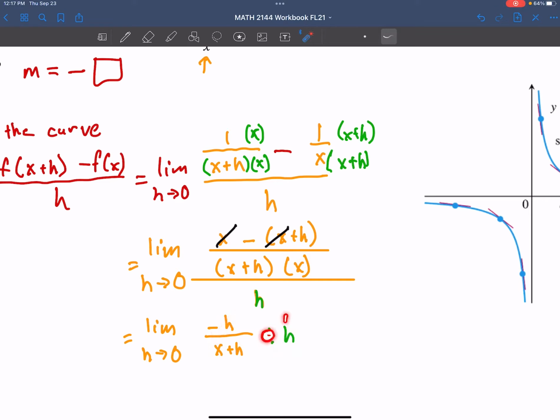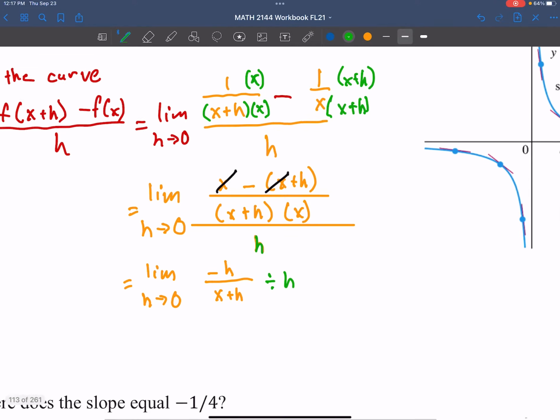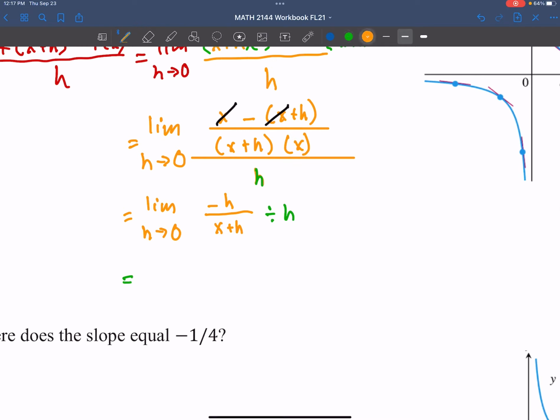So you can think about this as multiplied by 1 over h. So that h cancels with that h. So we ultimately have the limit as h approaches 0 of minus 1 over x plus h. Now plugging in 0 for h, we get,